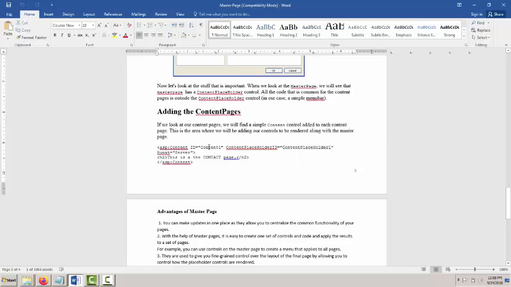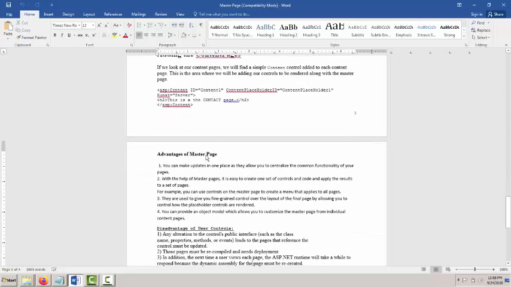This is the unique ID inside the ASP content, or we can say the ASP.NET web page, and there we can use n number of tags. We can put any tags here, like table, div tag, heading tag, bold tag, any tag we can put here.